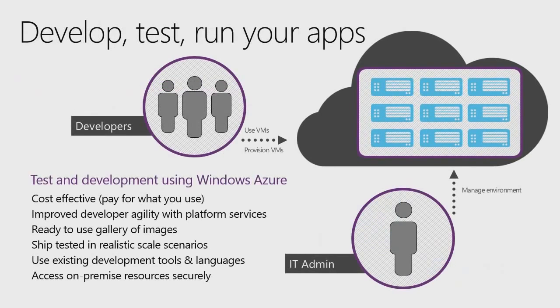Another way to utilize virtual machines is for dev and test. Anyone that creates custom applications needs a dev and test environment. Developers need specific tools installed, while the test environment must replicate the world in which the new application will be deployed. Given the cost and time required to provision physical servers, it's become common to use virtual machines to do this. And with Windows Azure, you can log into the Windows Azure Management Portal and create virtual machines using Windows Azure Infrastructure Services, and you can supply your own VM images or use VHDs provided by Windows Azure.